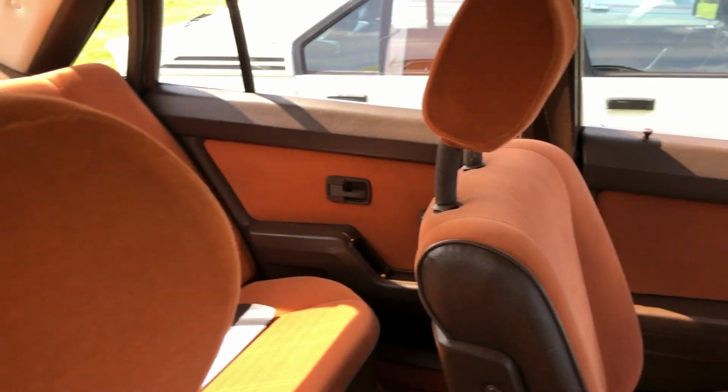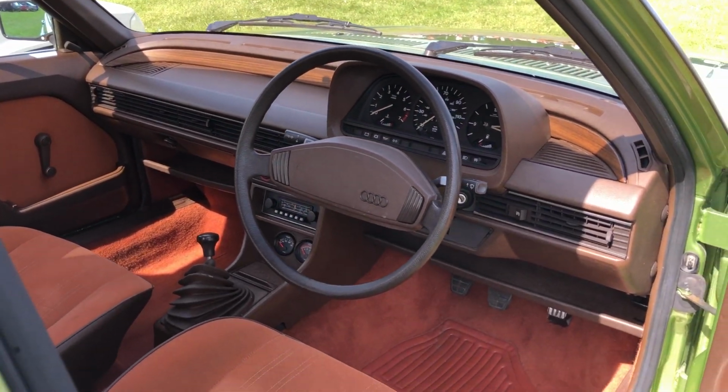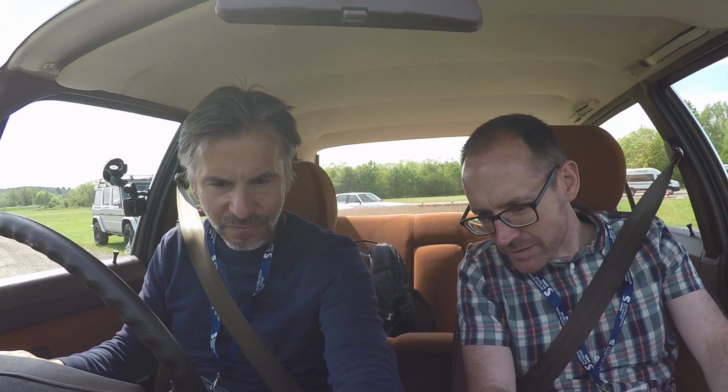How many vents are in here? My God. That's amazing. 1, 2, 3, 4, 5, 6. Yeah, 6. And some gaps. That's amazing. I could do with a bit of cold air, which is not looking particularly intuitive, is it? Got hot and more hot. Yeah, that's speed. I don't know if a lot's coming out of